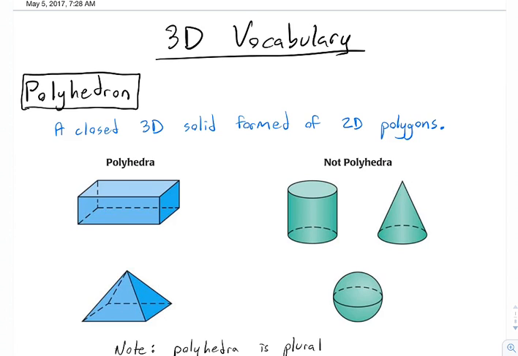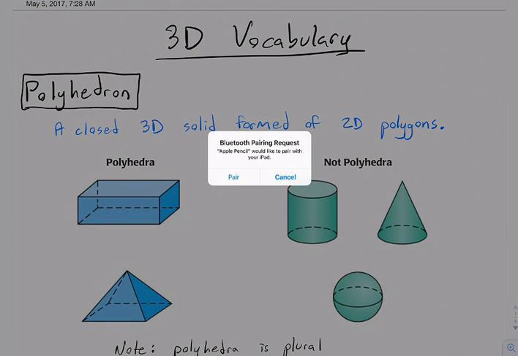All right, so today we're talking about 3D shapes, okay? A lot of what we do is going to be analogous to what we did in 2 dimensions. Today I'm just going to introduce a lot of vocabulary and some wording we're going to be using. So to start, what we've got is,